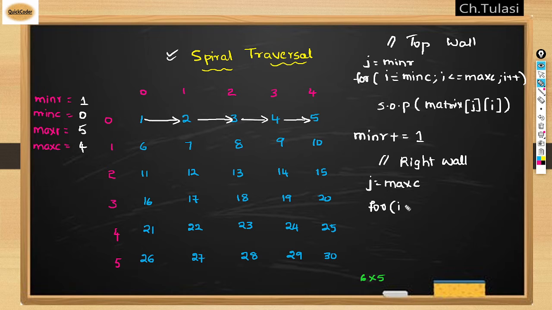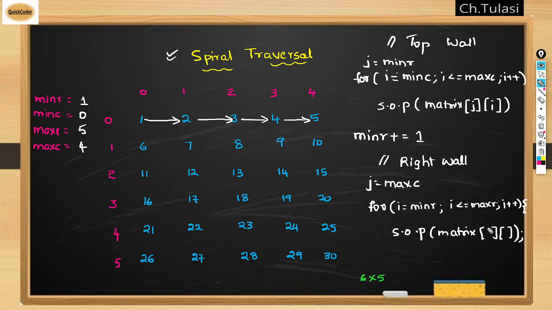So for I equal to min row, I less than or equal to max row, and I plus plus, system.out.println matrix of